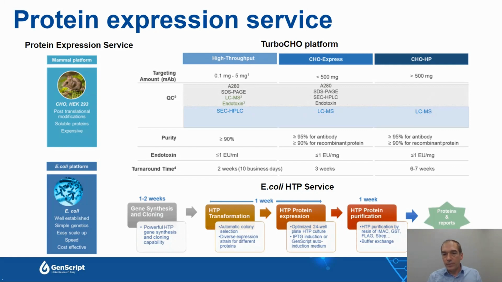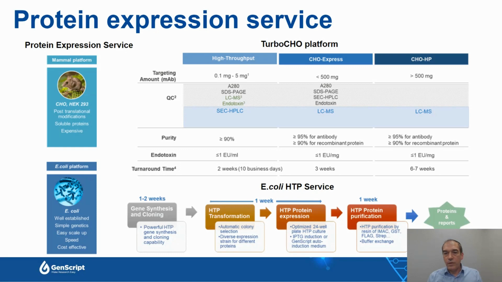You can see on the bottom the turnaround time starting from 2 weeks or 10 business days for the high throughput to 3 weeks and 6 to 7 weeks for CHO HP for larger quantities. They can produce at very high purity and very low endotoxin levels of less than 1 EU per milligram of protein. We can also, of course, do E. coli expression